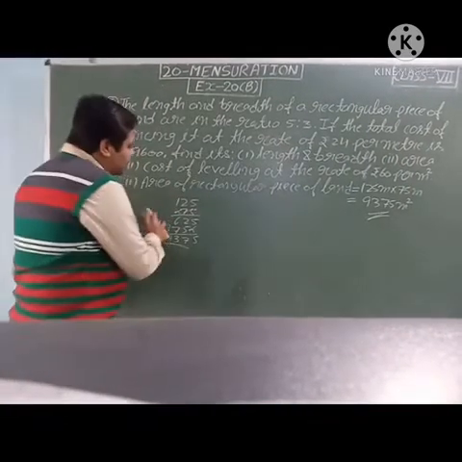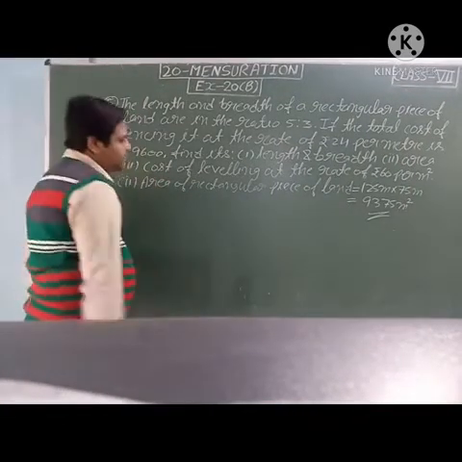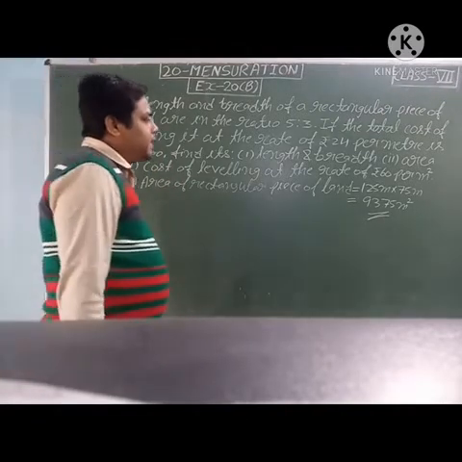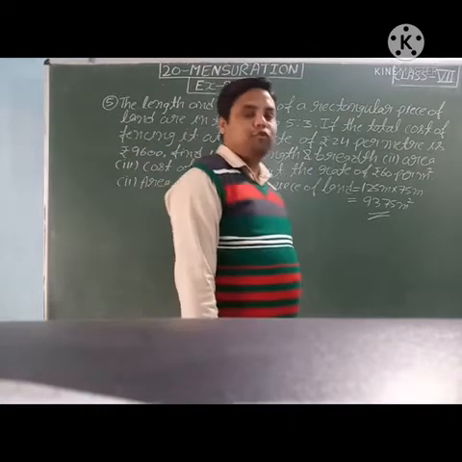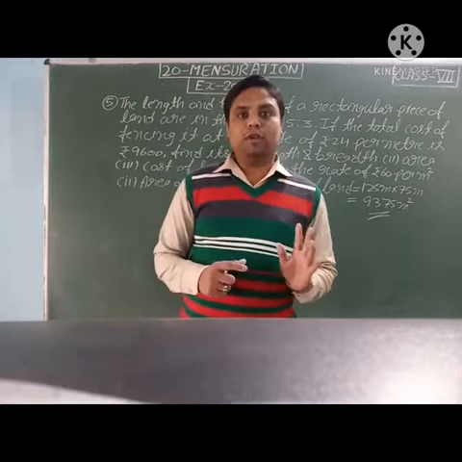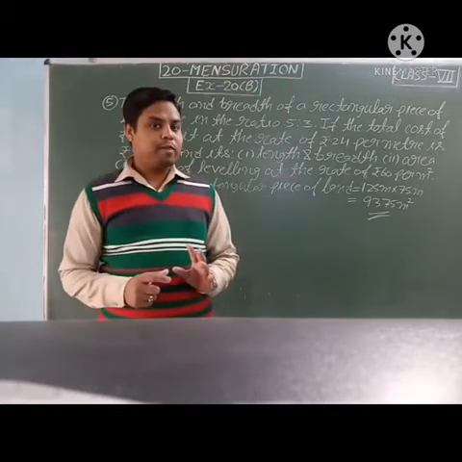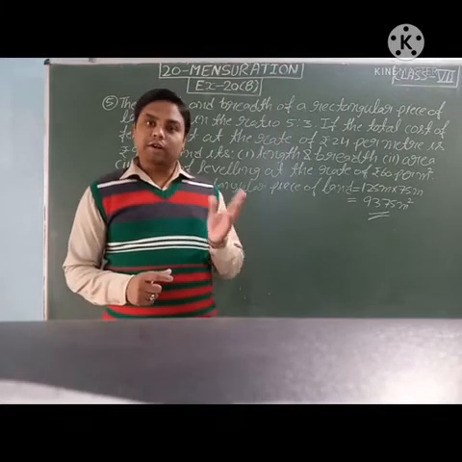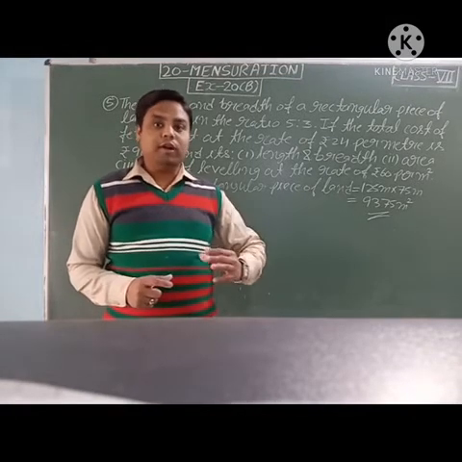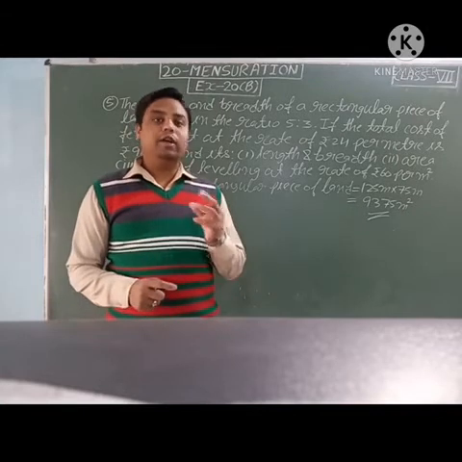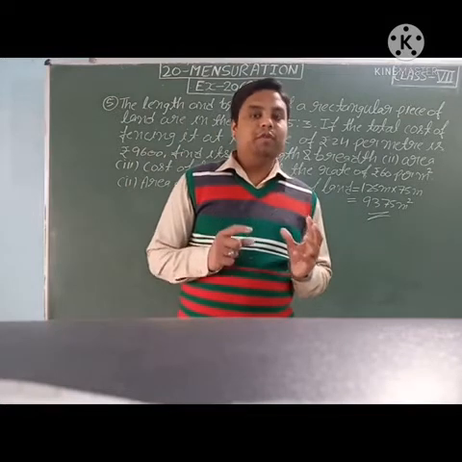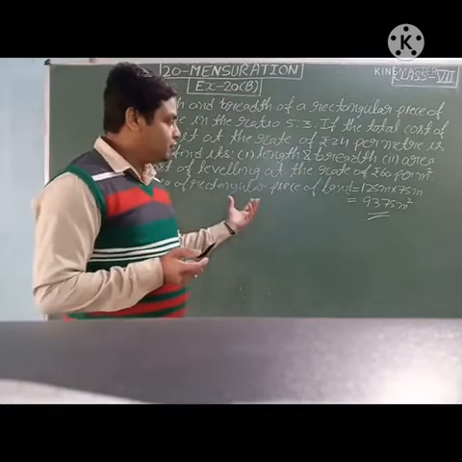Then students, in third part, what we have to find? We have to find the cost of labeling at the rate of 60 per meter square. New term is coming, labeling. In the previous questions or exercise, fencing was coming. So fencing was related to perimeter, but labeling is what we will label? We will label the area. So labeling is related to area. To find the cost of labeling, we must have the area. So students, we have area.